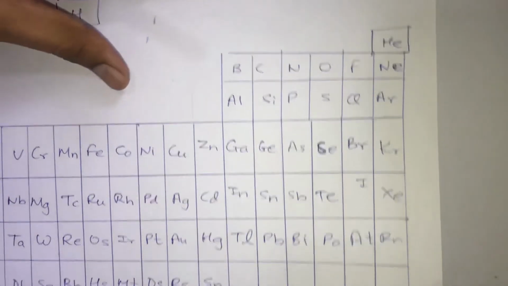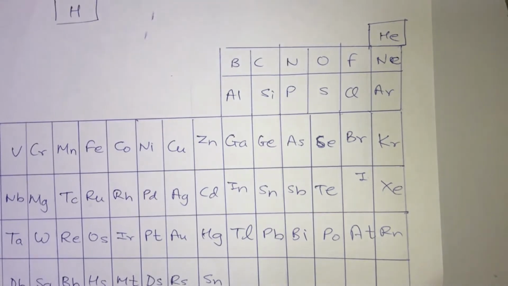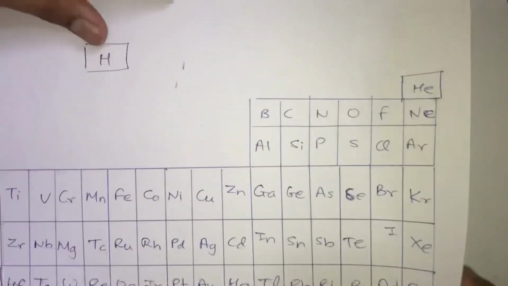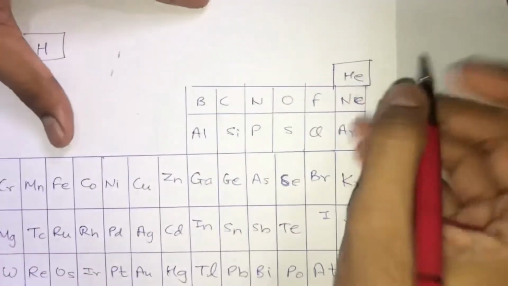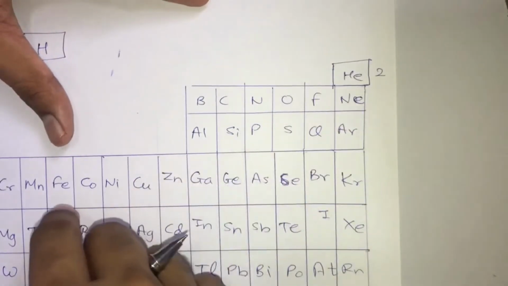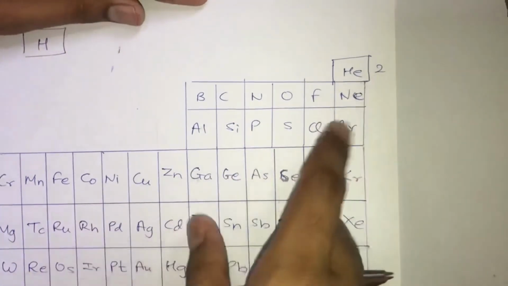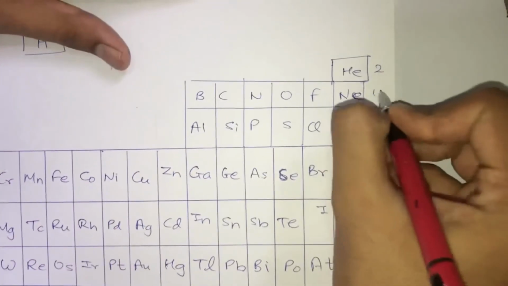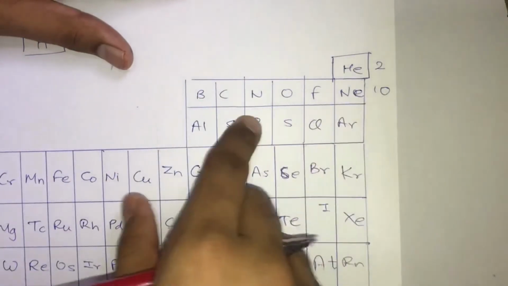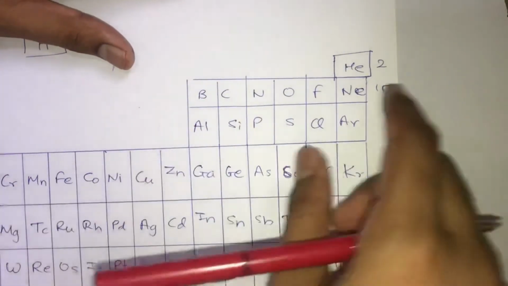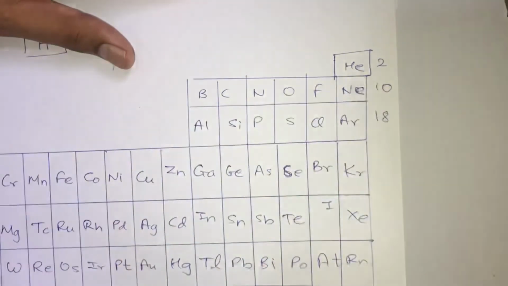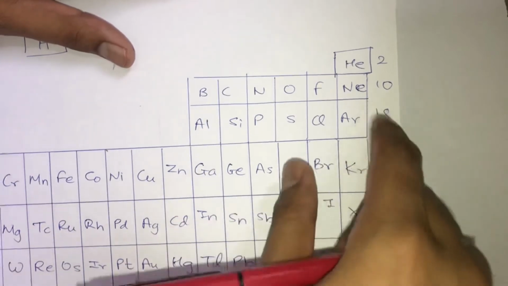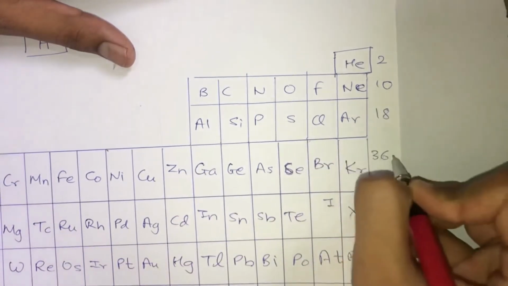Now comes the important point, guys, that how you can remember the atomic numbers of all these elements. See, the basic thing that we know is that the first period consists of only 2 elements. Am I right? Then the second period consists of 8 elements. So 2 plus 8 gives you 10. Then the third period consists of another 8 elements. So 10 plus 8 will give you 18. And as we all know that the fourth period consists of 18 more elements. So 18 plus 18 is going to give you 36.